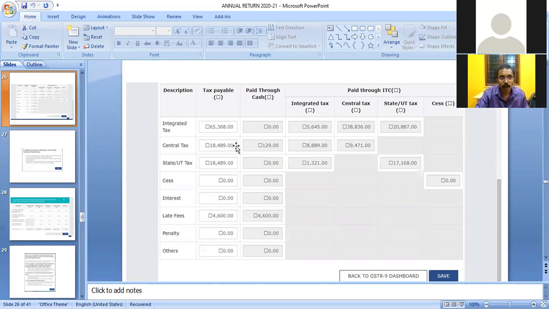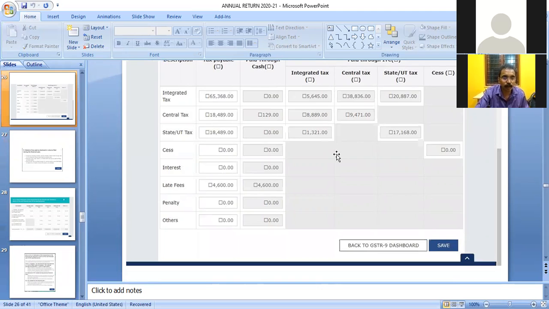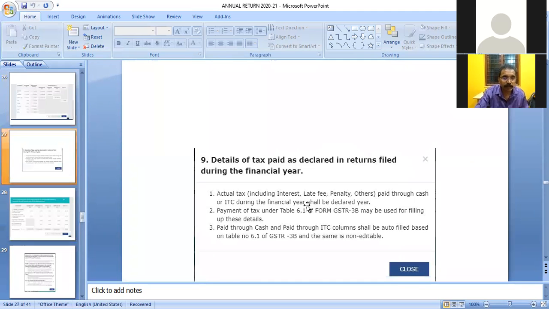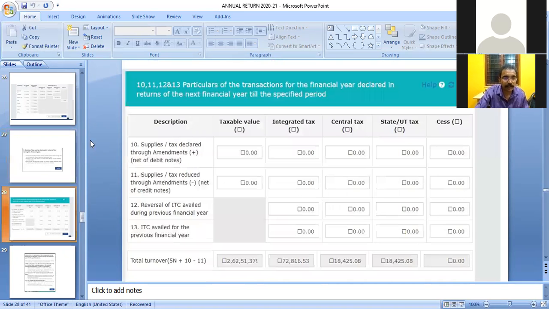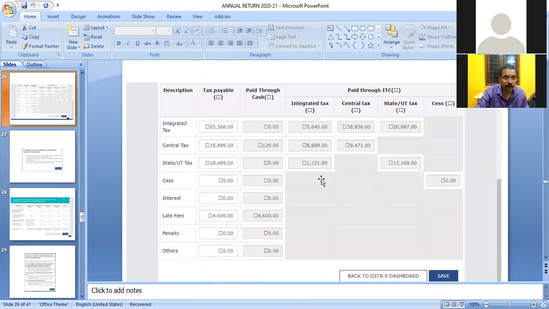It is auto-populated from form GSTR 3B, and tax paid through cash and paid through ITC is also auto-populated from table 6.1 of form GSTR 3B. This column cannot be edited.